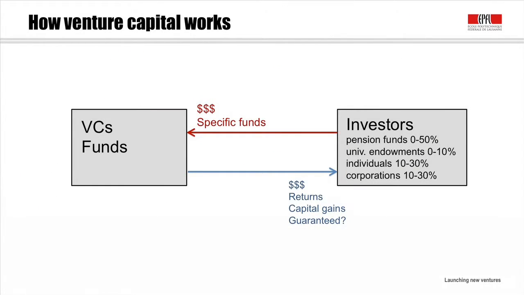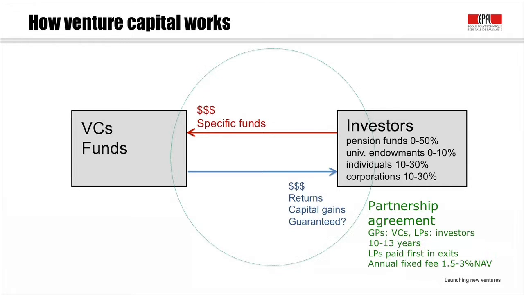Let's talk about how venture capital works. Venture capitalists make investments for other investors. They usually raise funds for a specific fund, and they go and talk to different people, pension funds, family offices, other wealthy investors, and they take the money from them and they create a small limited partnership with those funds. And then they take that money and invest it in a portfolio of startup companies.